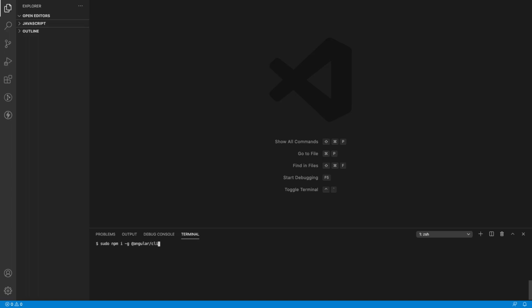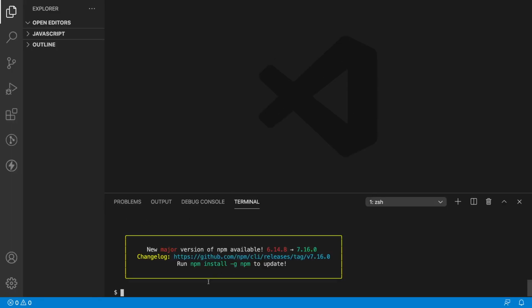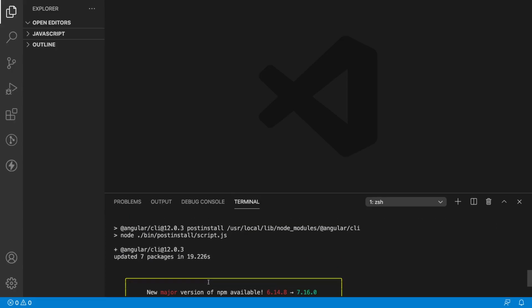If you want to install a specific version, you can specify that version number by using @ like this, so that it will install the specific version. But here I want to install the latest version of the CLI, so I'm going with Angular 12 CLI. Let's hit enter. As I'm using sudo, it asks for the password. Hit enter. It will take some time to install. So it has been installed successfully.